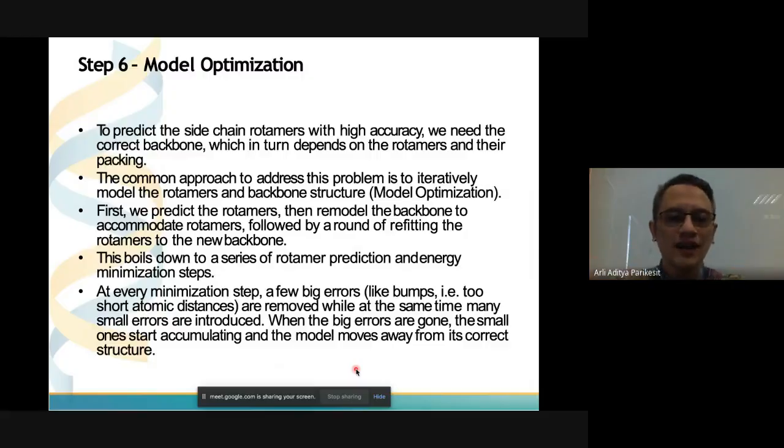It's organic chemistry, but the principle is simple. This is a steric effect when two side chains collapse and overlap like this. You do model optimization, you release them from that condition, so the side chains are free and can move as needed. So those are the model optimization steps. The details you can read by yourself, but that is basically a simple explanation.